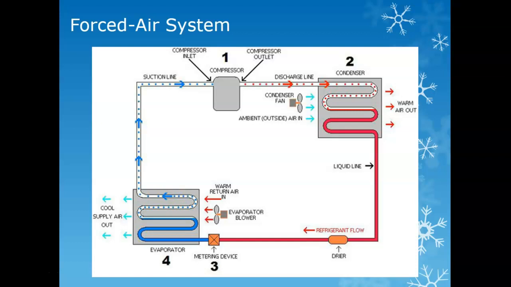The forced air out, the cool air supply out, is what's coming over here. What you're not seeing is the fact that essentially all that we get is this air right here, the stuff that's blown off the coils, because this whole system is set somewhere else. We use ductwork to bring that cool air through a building. We don't want to drag all this through here because that would not really result in anything good, and it would be very expensive. What we get in the room is this right here.